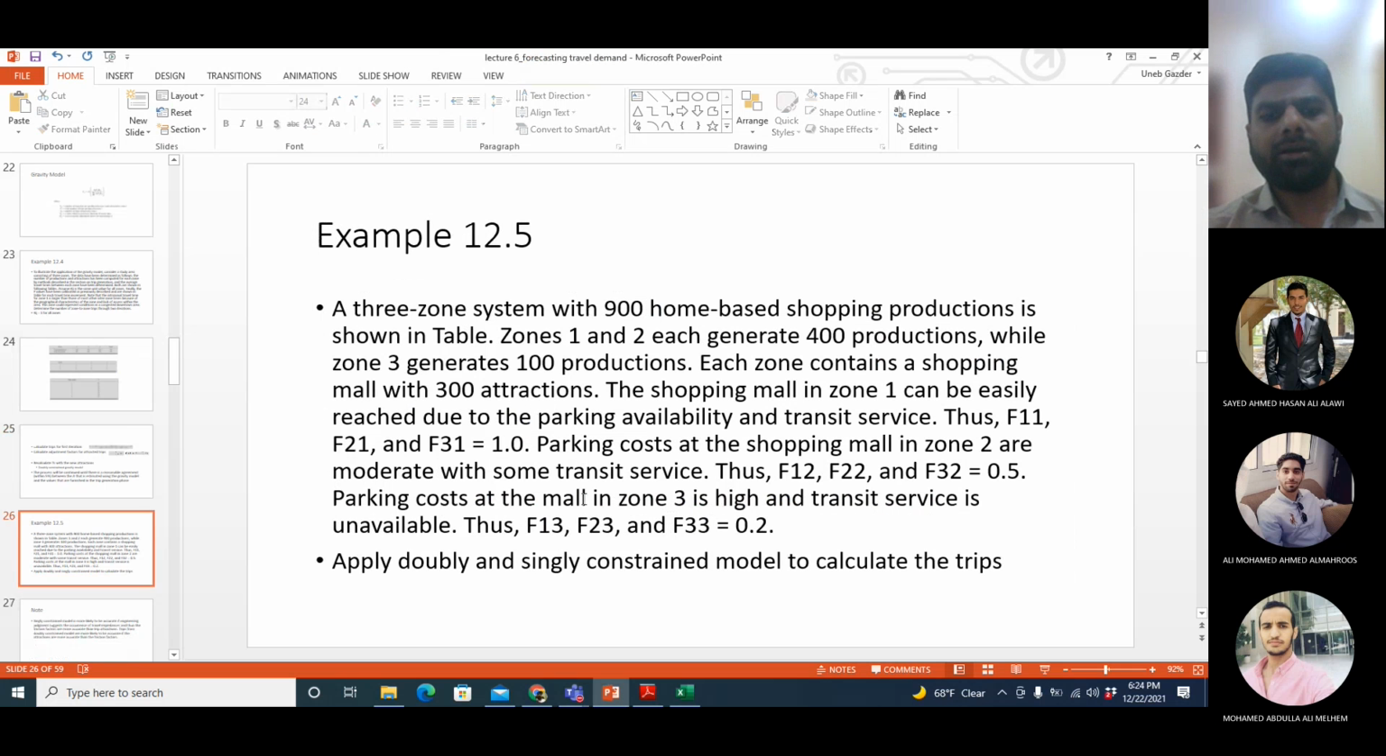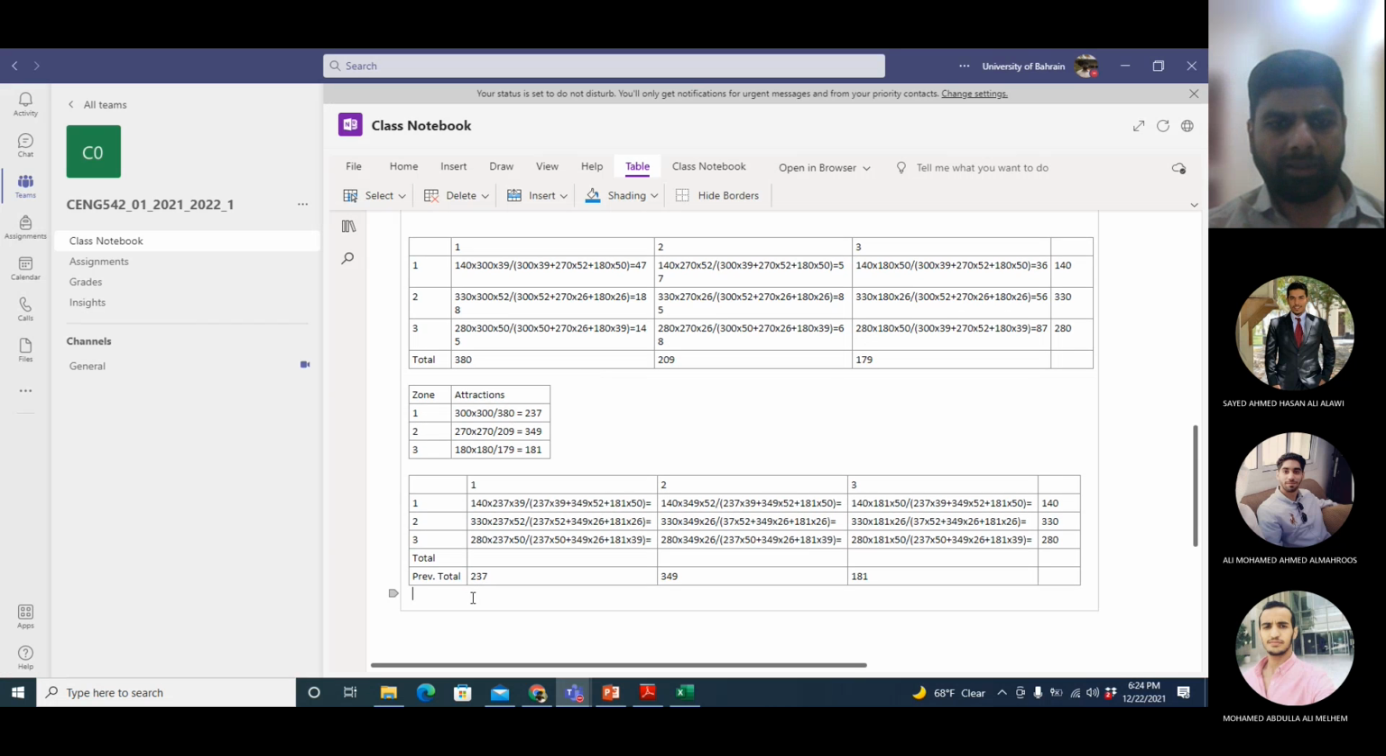Okay. Now, this is another example where they are asking us to apply doubly constrained and singly constrained trip production and attraction. Okay, so we have a 3-zone system, 900 shopping based trips. Total number for the entire 3-zone system is 900. Okay, zone 1 and zone 2 generate 400. Zone 3 generates 100. Okay, so if I make a table here,